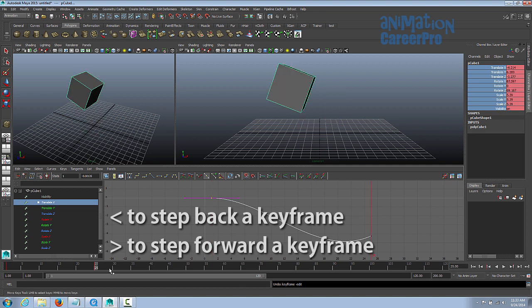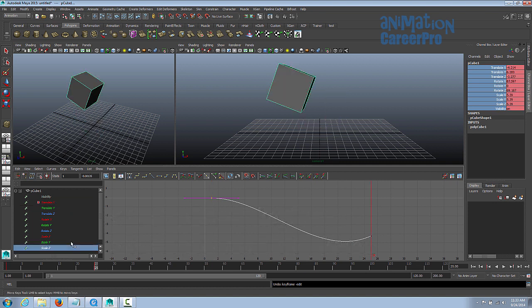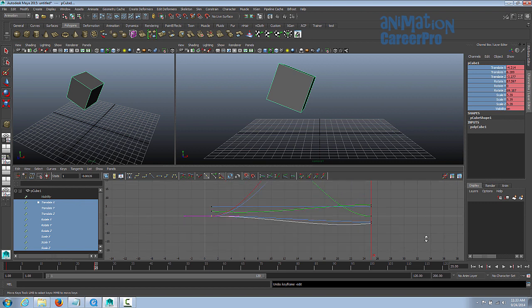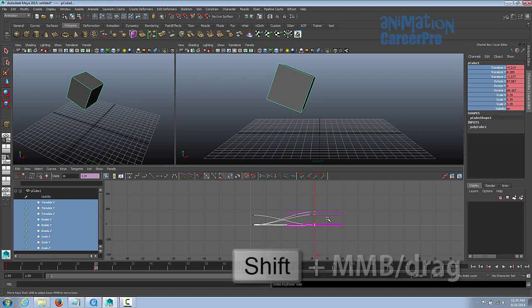If you want to move a keyframe, you can select all the channels in the graph editor. You do it two different ways. You can select all the channels in the graph editor and zoom out a little just so you make sure you can see all of them. It's easy to miss some. Sometimes you need to scale down or zoom out or both. But you can grab all the keys by dragging a box over all the keys in the graph editor, and you can hold shift down, middle mouse button, and drag, and it'll move all the channels